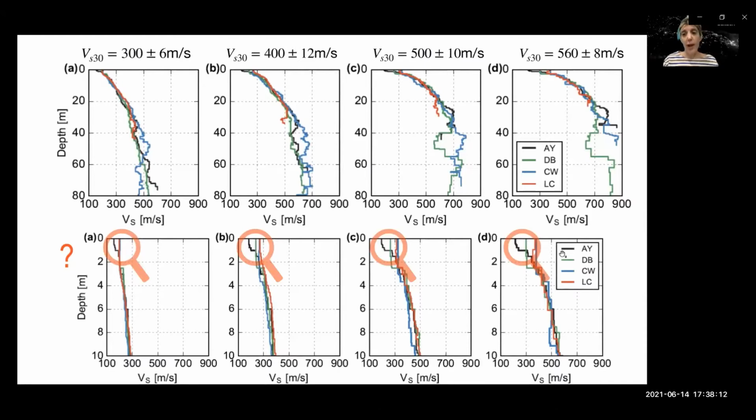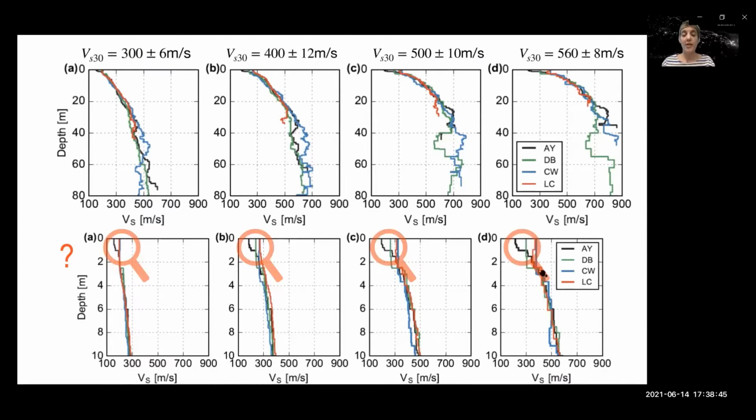There's a systematic difference between the black line, which is the VS30 database collected by Alan Young et al. And these were non-invasive, based on surface wave measurements, and these were able to do inversion of the layers in the near surface. Rather, the invasive databases are shown in green, blue, and red. You can see here that there's a constant value in the near surface. That's where the drill starts measuring.